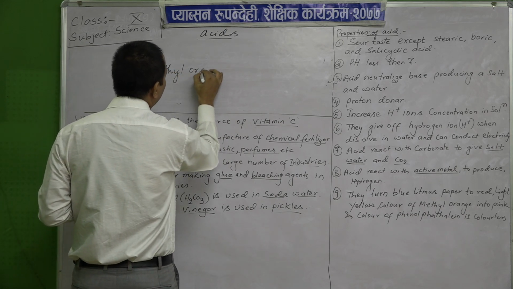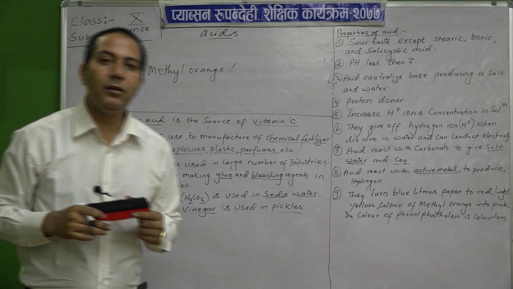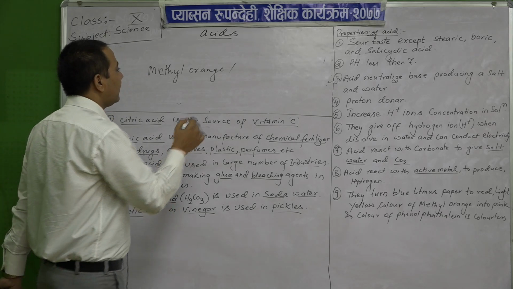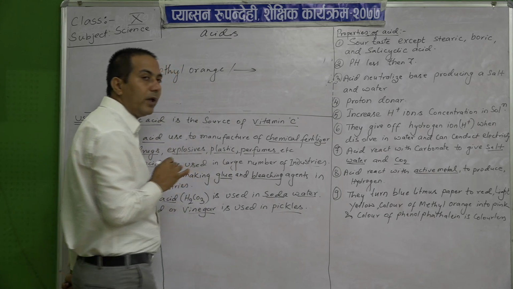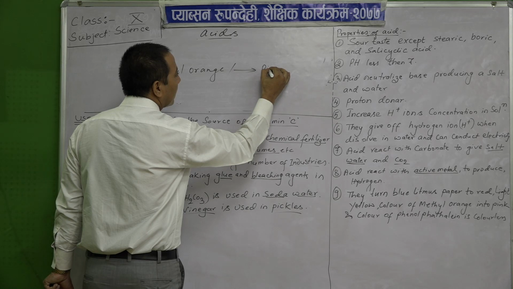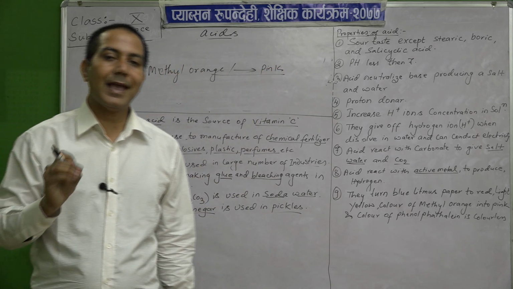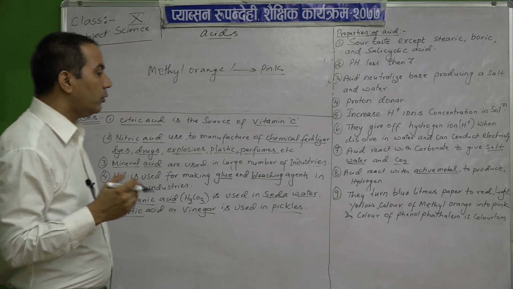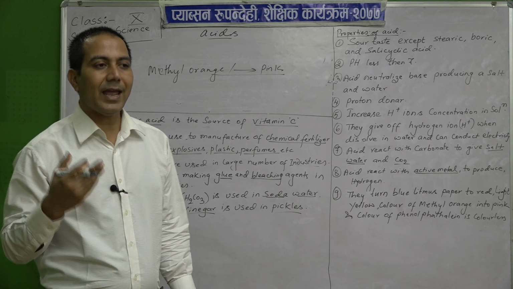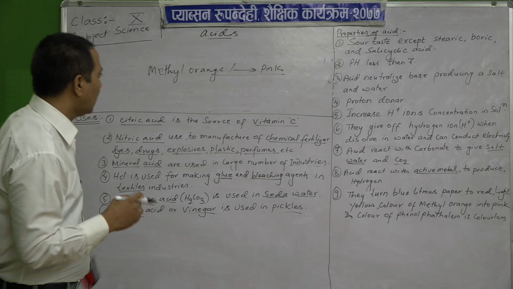Methyl orange is light yellow in color. When we drop acids on it, it turns pink in color. So, by this also we can know that this is an acid. To know the acidic property, we must test with the litmus paper or the methyl orange, or we can